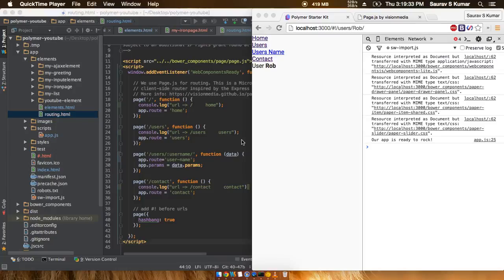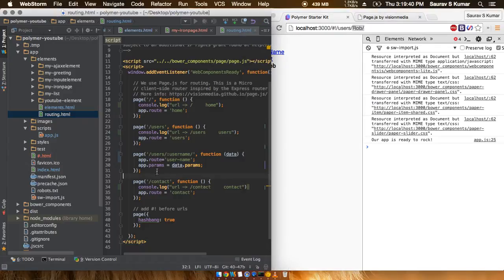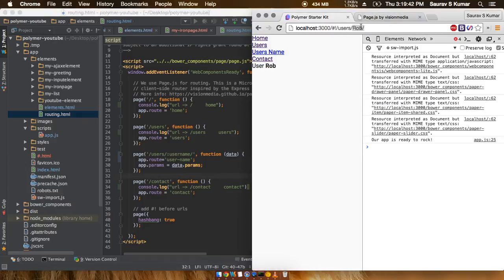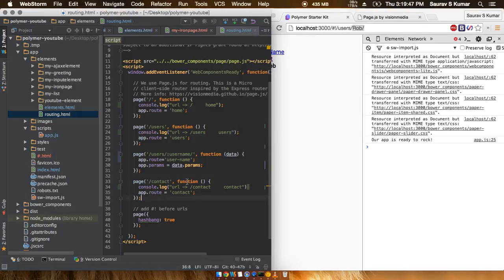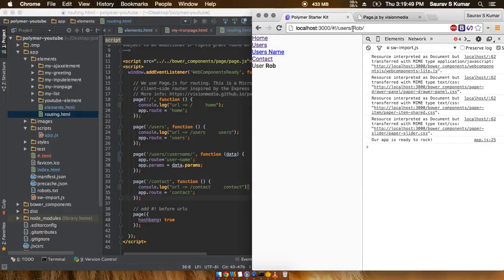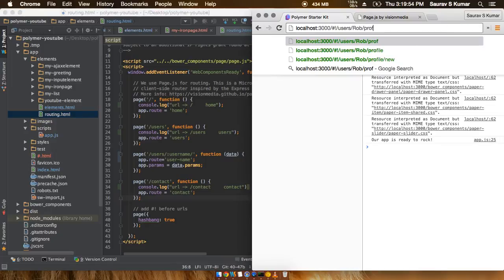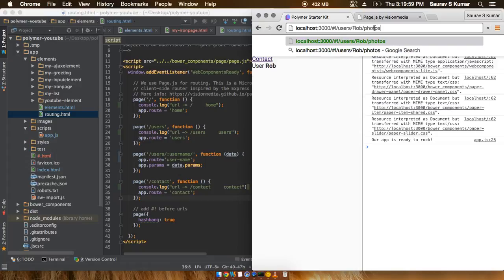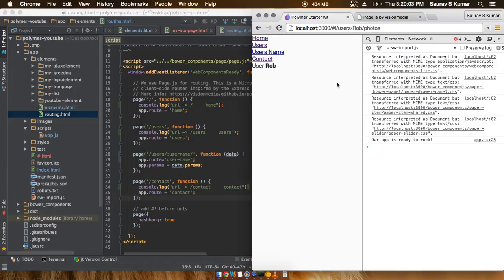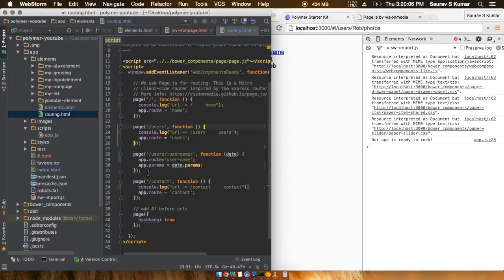Okay guys, welcome back. In the last tutorial we just saw how to map a URL location to a function, in a way such that we can get the URL parameters that have been passed on. So what if after this URL there was something else, like a profile or photos? Maybe you want to make an app that gets the user Rob's page and then goes on to the photos. If we want to do something like that, it's again quite simple.